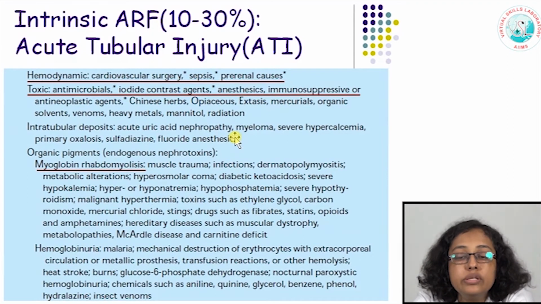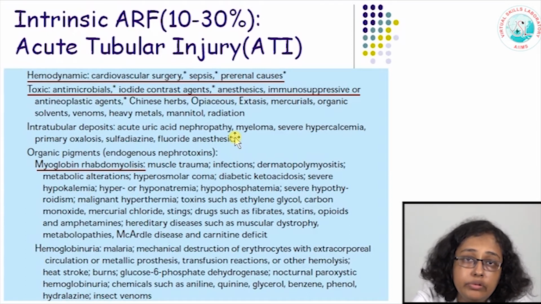Next, we come to intrinsic acute renal failure, where there is actual injury to the kidney tissue, which is seen in 10 to 30% of cases of acute renal failure. The commonest among them is acute tubular injury, where the renal tubules are injured, and we have to understand that any pre-renal cause which is decreasing the blood supply to the kidneys